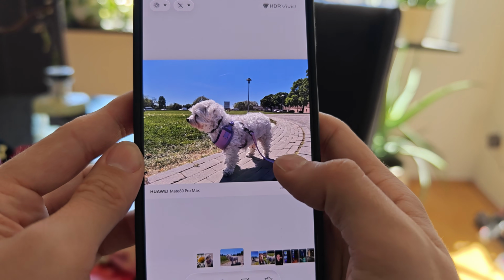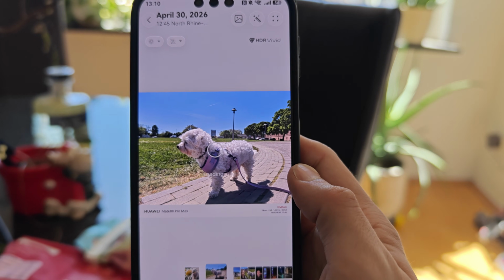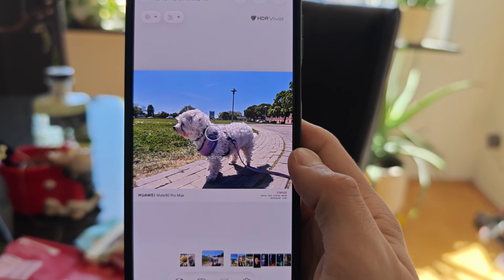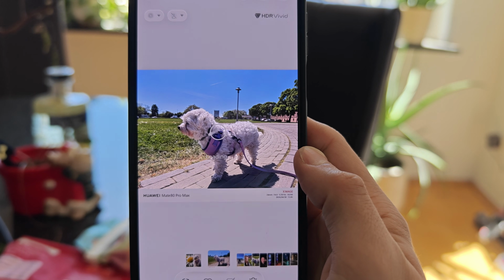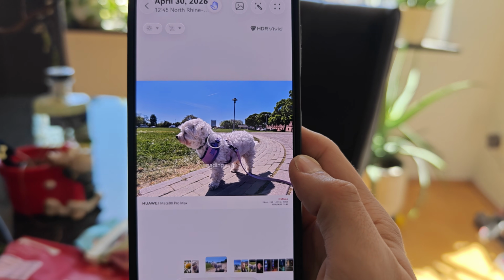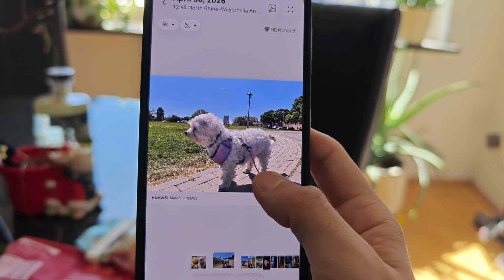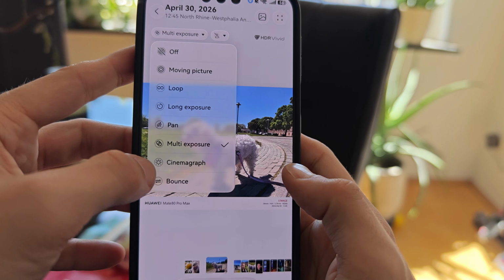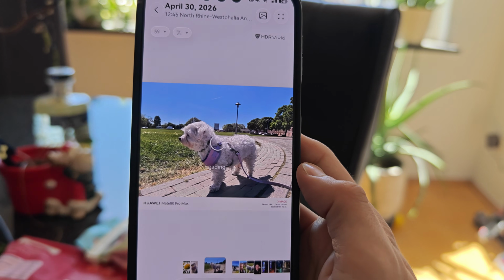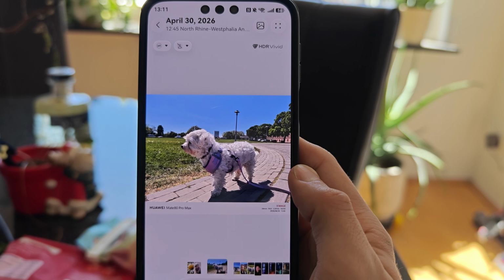Let's go maybe to another picture. Let's go to this one and let's go to multi-exposure, for example. Not sure what it will do, but it will change the picture as well. So you have those options there to play around with to create a different kind of picture. And we have some other options as well. Cinematography, bounce effect, which also looks pretty good. And you can, of course, use this for